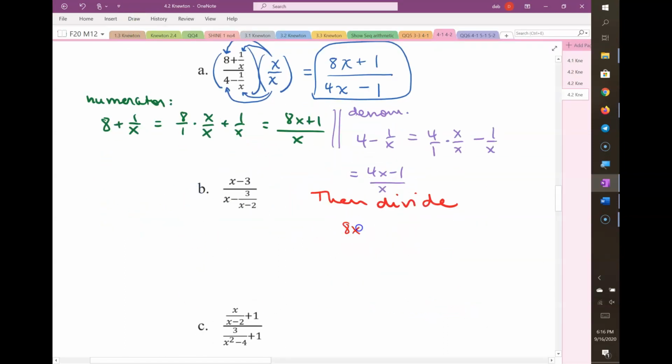So I have 8x plus 1 over x, over 4x minus 1 over x. And notice I made a big fraction mark so that we really see what's dividing what. There's a lot of fraction bars there. Okay? And then remember that dividing by a fraction is the same thing as multiplying by the reciprocal. And these x's are going to cancel, and we get the same answer. So to me, that seems a lot more